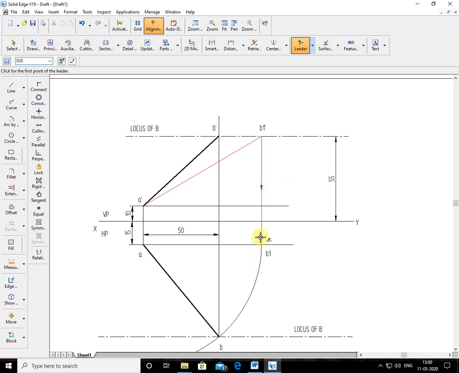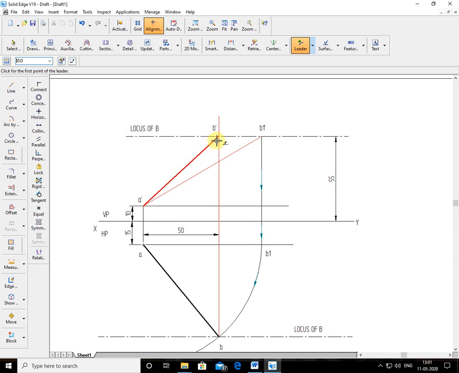Correct? Now, your true length you know, that's why I project it down. Your projection is done up to the level of A. Then from B1 you have drawn the projector, you got point B. Now same way, I know the front view here. You can see the cursor there. I know the front view, so I'll go in the reverse way.